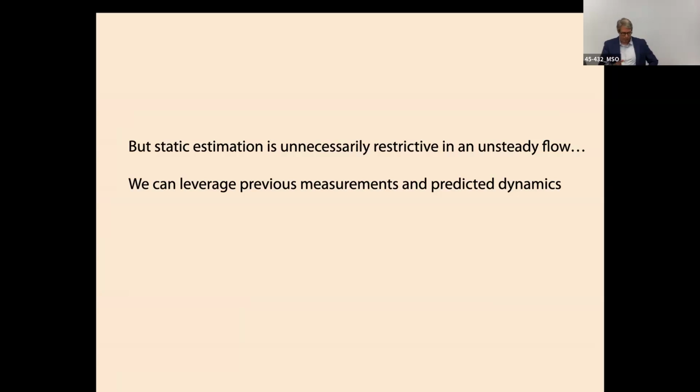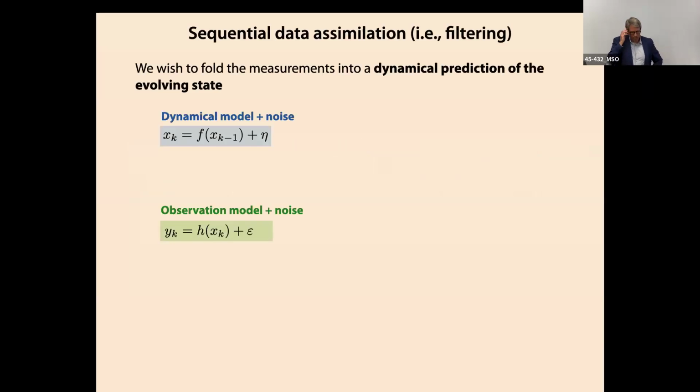But we are doing this with, figuratively, one hand tied behind our back, because we have not used previous information. Flow fields that are interesting to us are usually unsteady. So why can't we leverage past information to get the prediction, right? That's where sequential estimation comes in. So I'm going to now rely on the fact that I've been monitoring this state for a while with previous measurements, and I want to use that information to keep updating my estimate, right? So we're going to rely on the nice features of nonlinear filtering to do that.